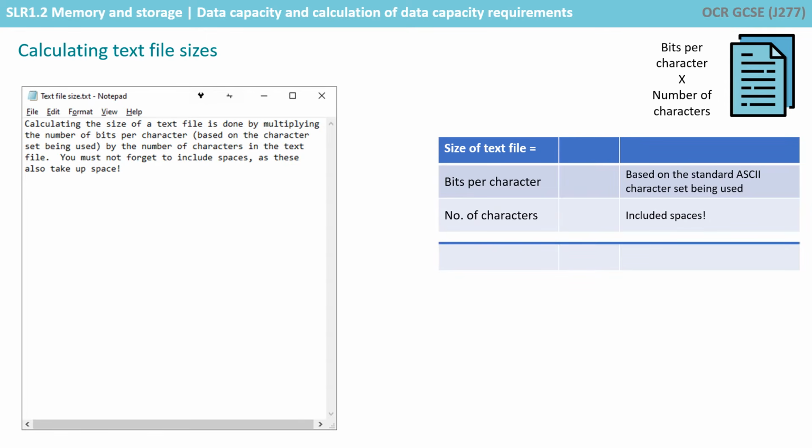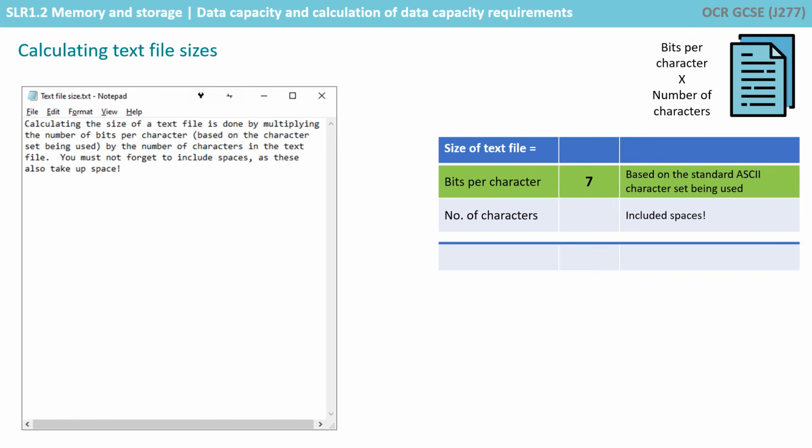So let's return to calculating the size of various files. As we said, you have to be able to calculate the size of text files, image files and sound files. And the information you've been given here is sufficient for the level you need for a GCSE exam. So for text files, it's the bits per character times by the number of characters. This would rely on you knowing about the number of bits that each character is being stored in, and this is based on the character set, something we look at in another video.